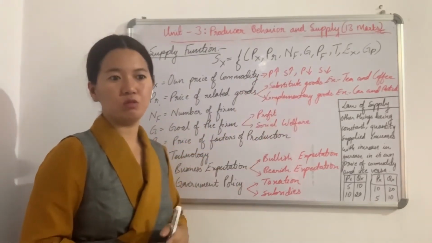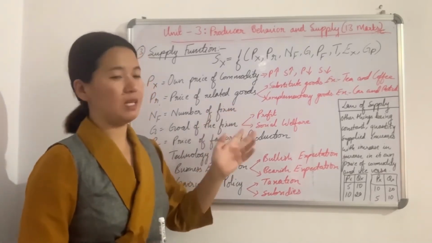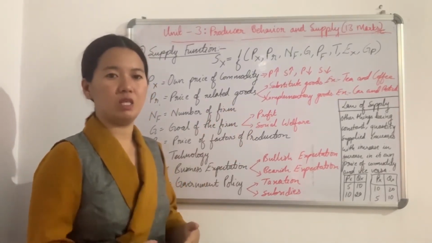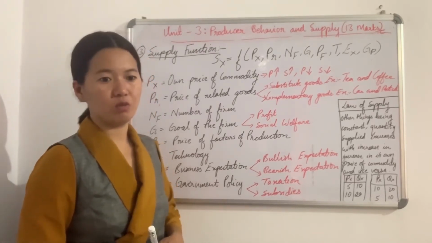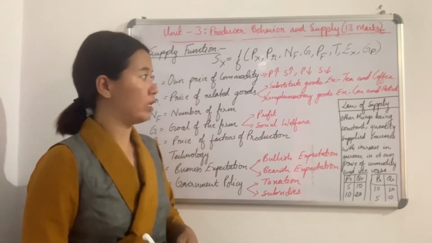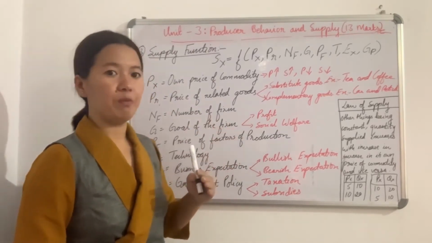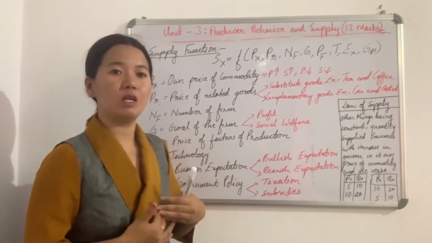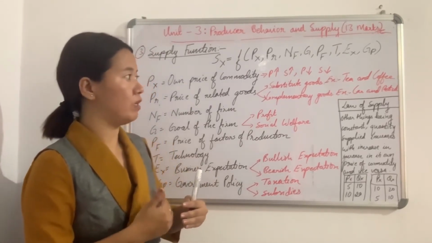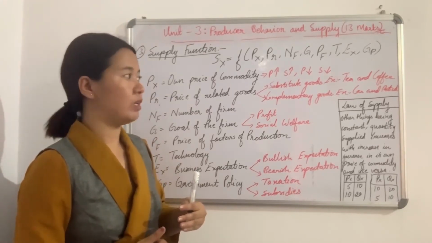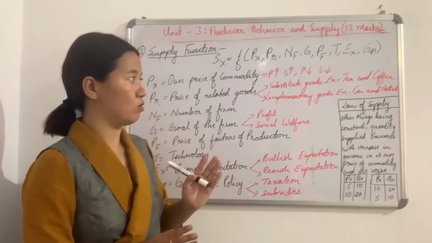Substitute goods are those goods which can be used in place of one another. For example, like tea and coffee. We can either drink tea or coffee. We cannot drink both tea and coffee together. So we should opt only for one. So suppose, for example, if the price of tea increases, then the producers are getting more profit from the tea. So the producer will decrease his production of coffee and he will produce more of tea. So this is the concept of the substitute goods, where